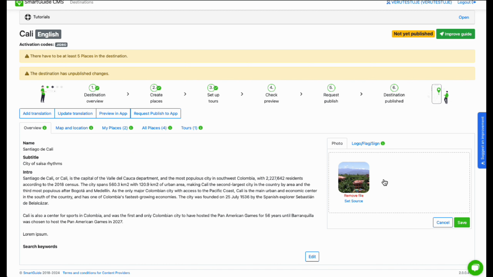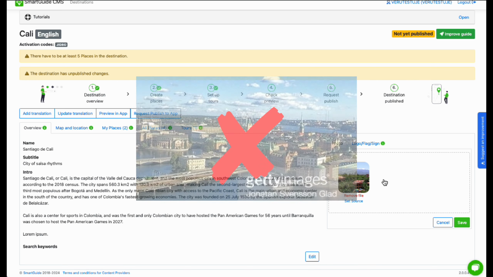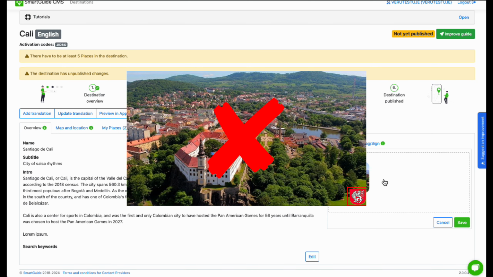Bear in mind that the cover photo is the first thing that most of the visitors notice, so be patient with choosing. The photo must ideally show a highlight of the destination and must be recognizable even if the photo is very small in a thumbnail. Please don't use a bird's-eye view or map of the entire city, no watermarks, logos, or other graphic signs, and